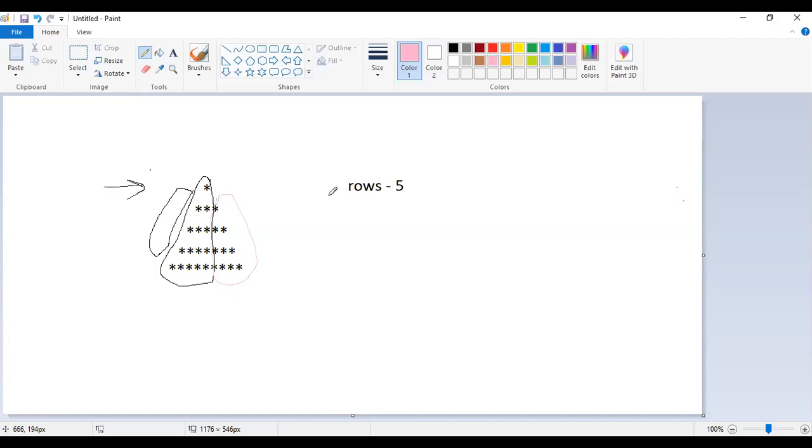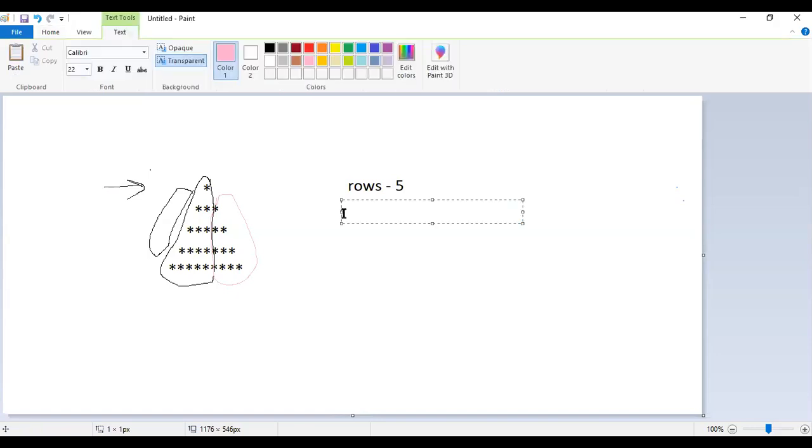So first we identify how many rows there are, then the blank spaces, next the left hand side of the pyramid, and then the right hand side. This is the way you have to think about how to draw that pyramid.